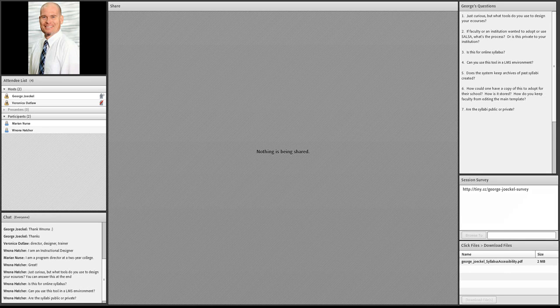What tools do you use to design your e-courses? So we use Canvas as our learning management system, and so the courses are primarily built in that. One of the things I've been focusing on lately as a designer is to try to build a framework of the course in HTML and then bring that HTML into Canvas. And really, that's the same thing that we're talking about with Salsa too, because it's built outside of the learning management system and then brought in.